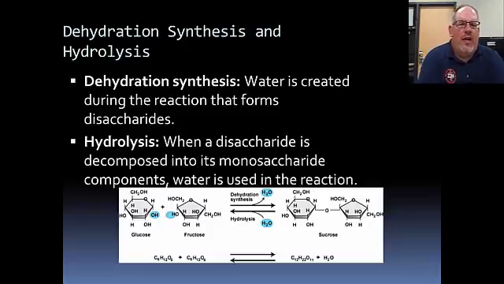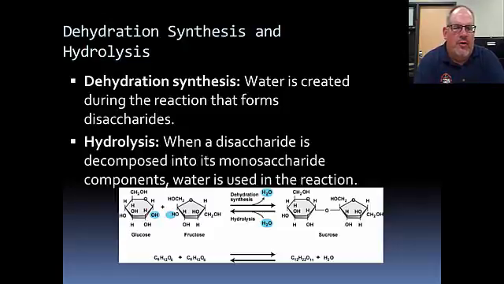And so what actually happens here, and this is the way we put a lot of sugars together, is that when we actually bind the sugar together, water is actually given off. So in a dehydration synthesis, when we add glucose and fructose together, when we put them together, there's a hydroxyl group there. It's called an HO, or an OH, whichever way you're looking at it.